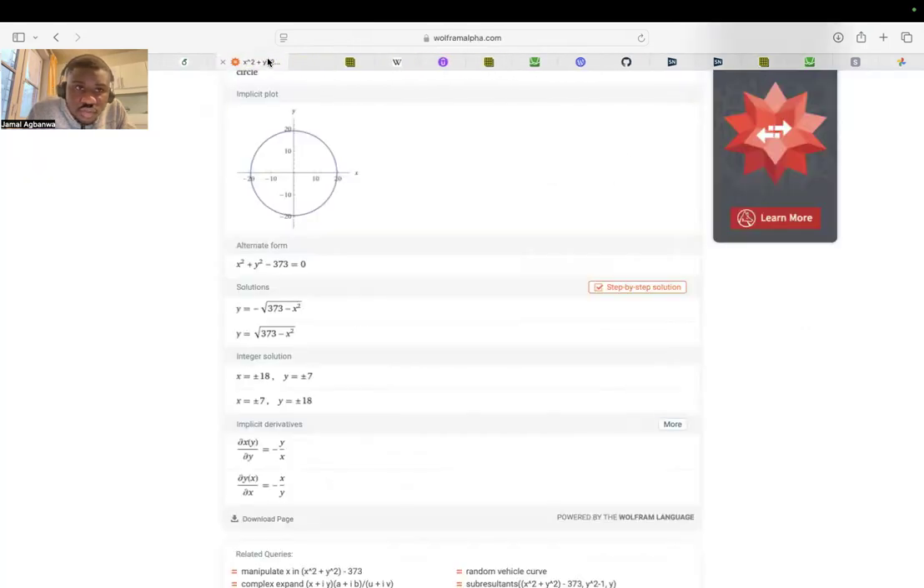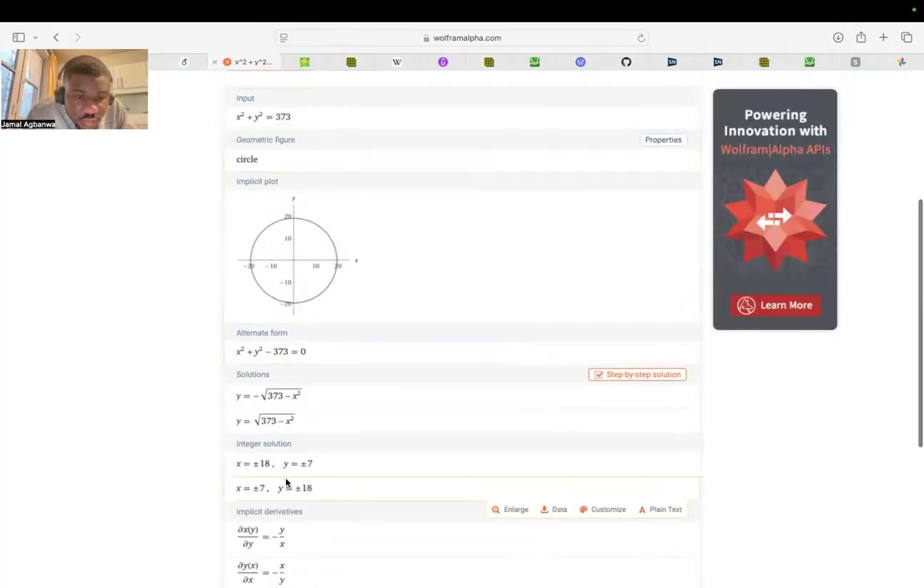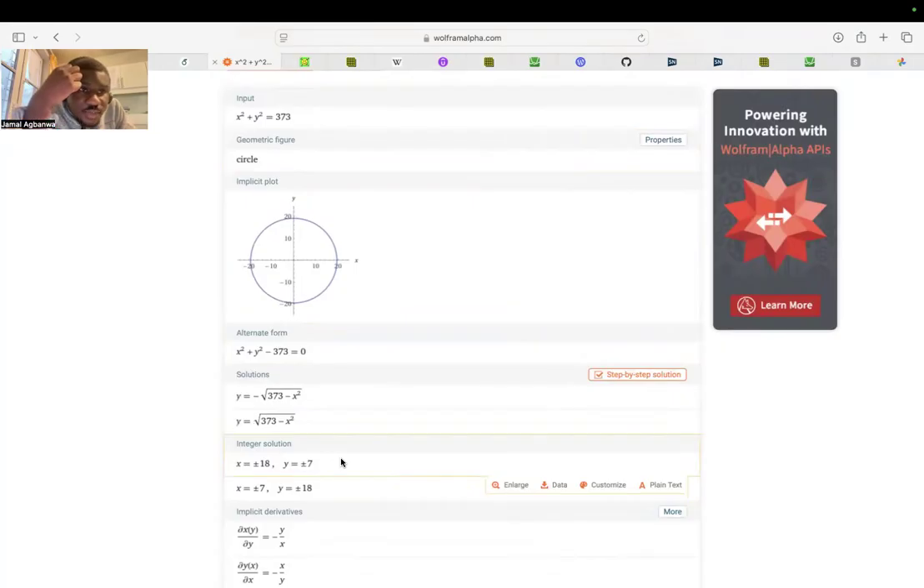So let's go to Wolfram Alpha. We bring this close here, and when we did that, we found out that x equals 18, y is equal to 7, and because r subscript 2 is bigger than r subscript 3, we now take it that r subscript 2 is now 18 and r subscript 3 is 7. So with that idea in mind,